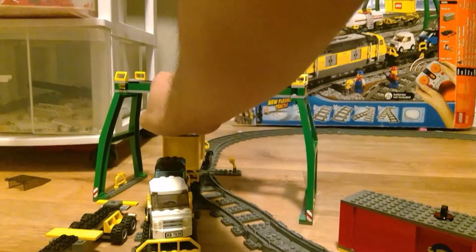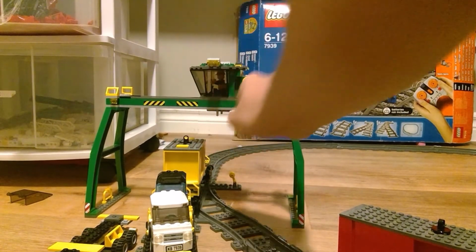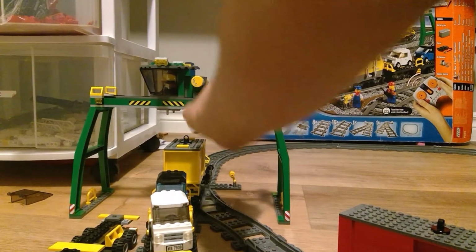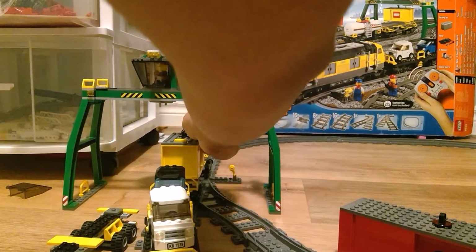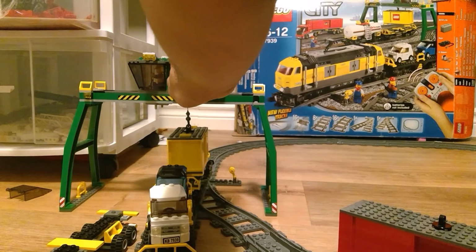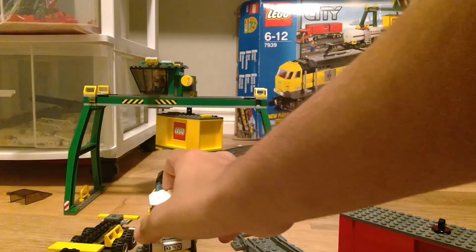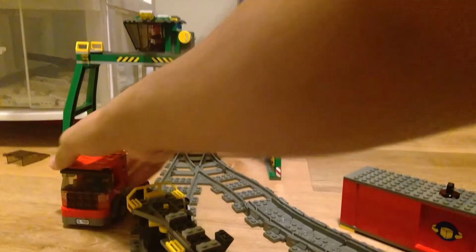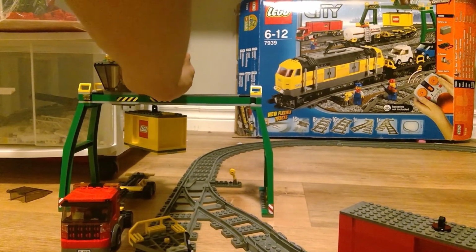Alrighty, now I moved these wagons right here. Now I'll show you what you can do with the crane. So, if you have these pieces like that, you can move the crane up to here, and you can lower the crane and hook up till here. Now you can raise up till here. There we go. Now if you wanted to place it onto the Lego truck, you could park to the right spot and move it till here, and you can lower